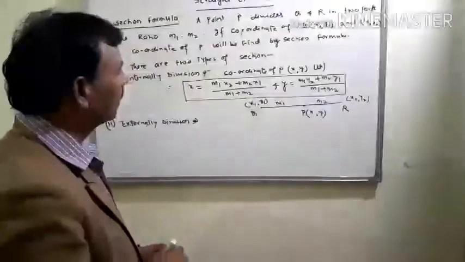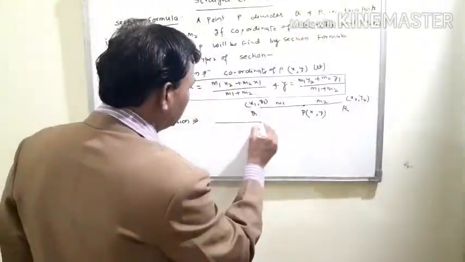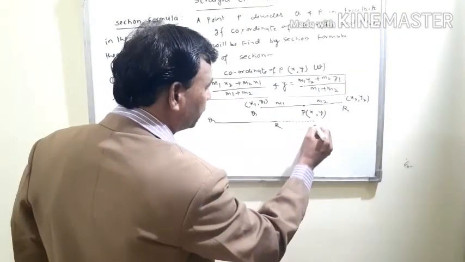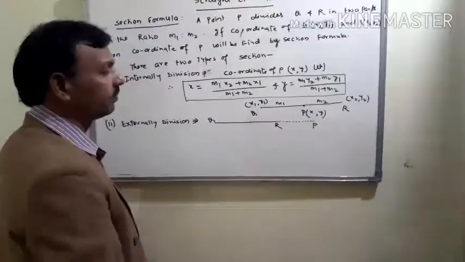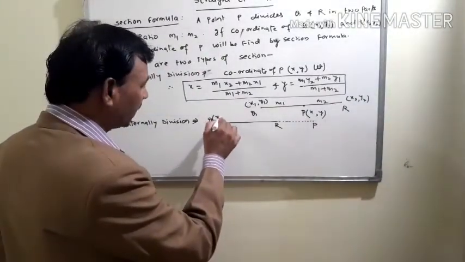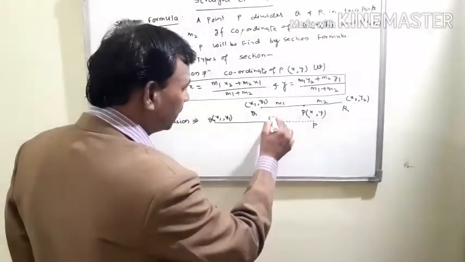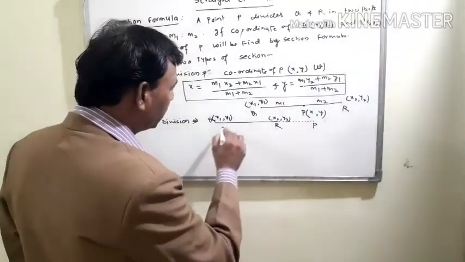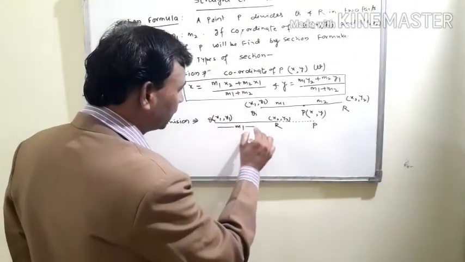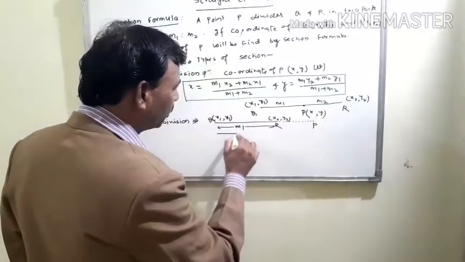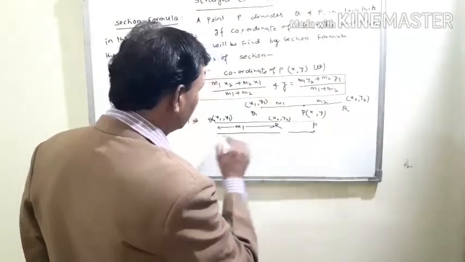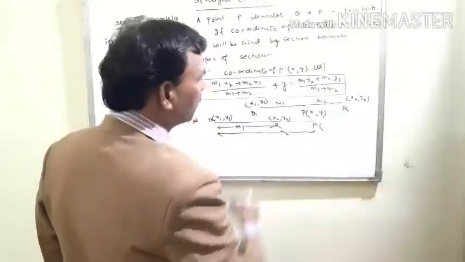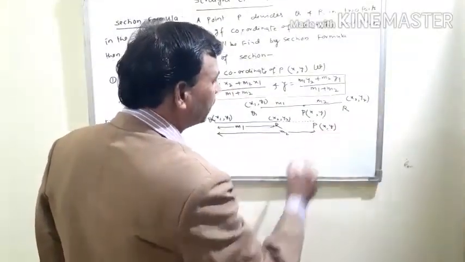That means, suppose this is Q and this is R, and P point lies outside of Q and R, and coordinate of Q is (x1, y1) and R is (x2, y2), and ratio QR will be M1. This is the QR, and Q to P will be M2. This is the ratio. And if we suppose coordinate of P is (x, y), then